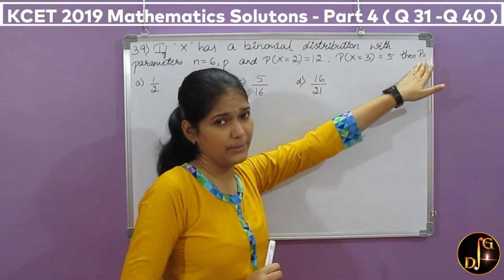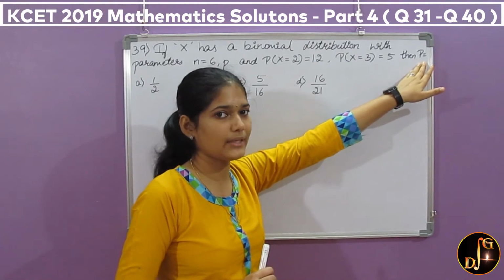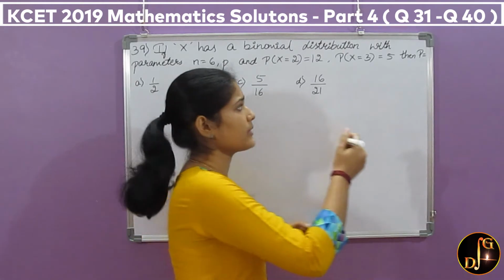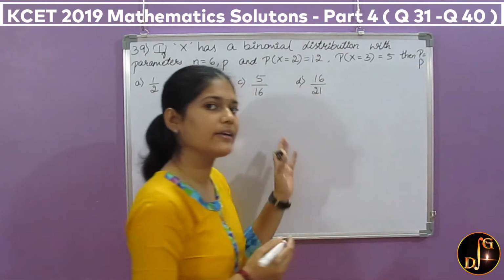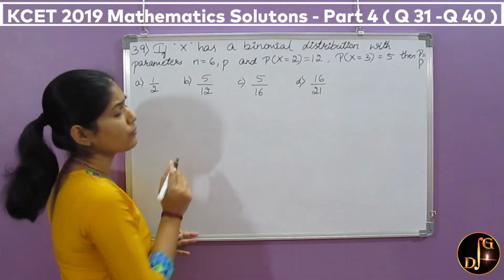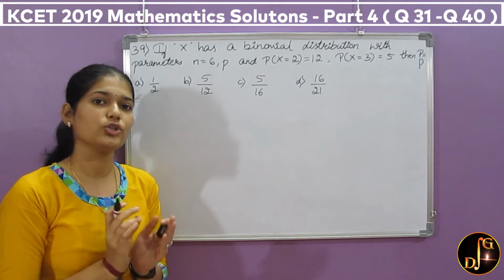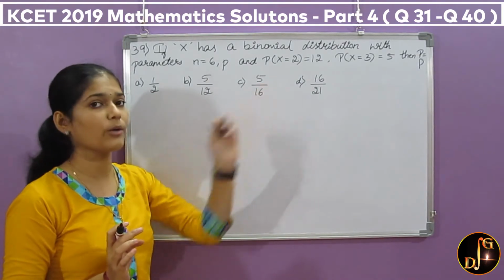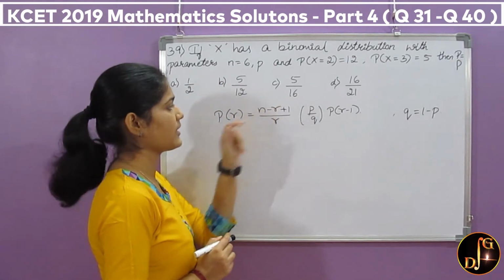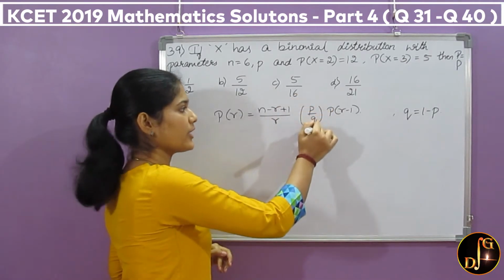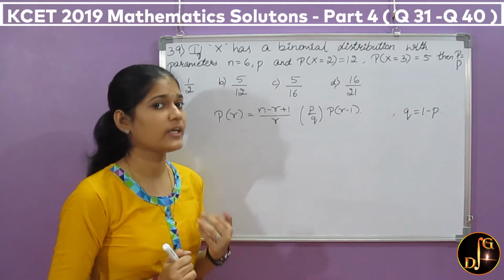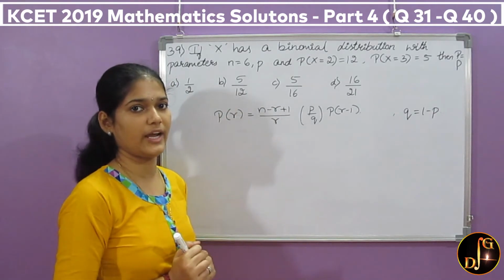Here they have given capital P. There is no meaning for capital P in binomial distribution, right? But let's assume it is a printing mistake and it was small p and find the answer. To find p, if you are a stat student, then you know the direct recurrence formula for probability. That is P of r is equal to (n minus r plus 1) divided by r into p by q into P of r minus 1. If you are not a stat student, then we will derive this formula right now.